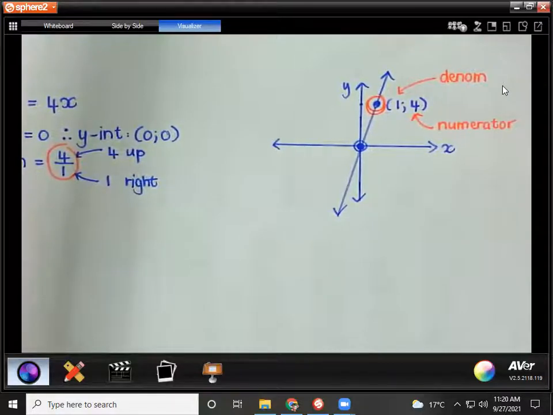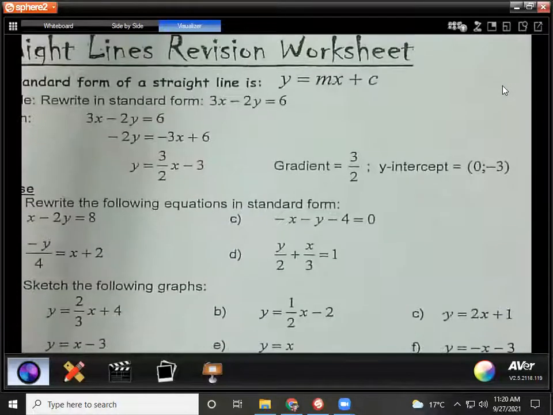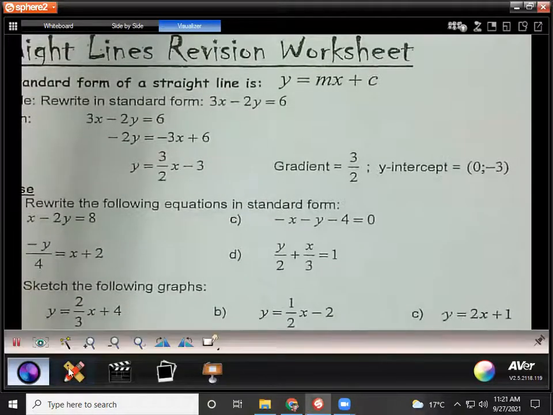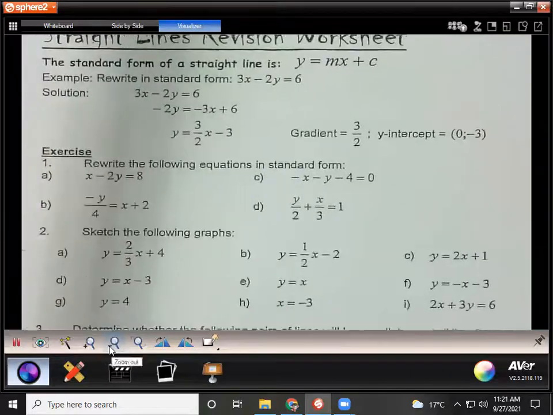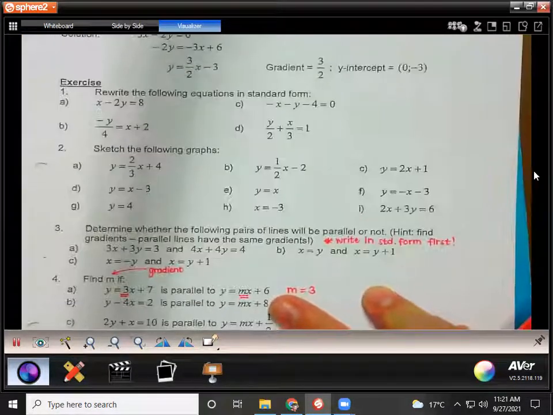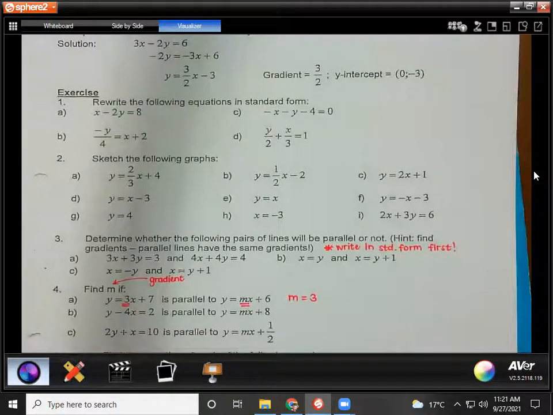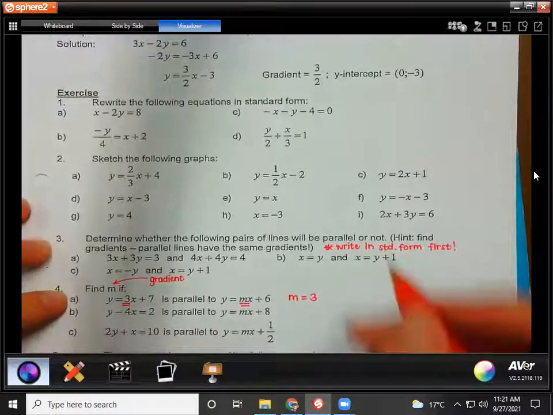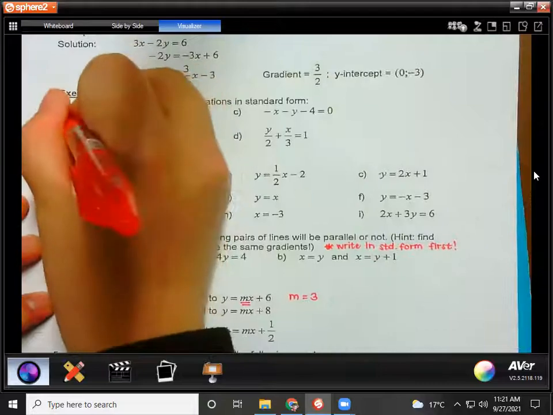Okay, I'm going to give you some graphs to draw now on your own. It's like a worksheet, but I'm going to put it on the board. Now this does say straight lines revision worksheet. You're not doing all of it. Okay, you're going to do 1, 2, and 3, but also not all of 1. Let me circle here which ones I want you to do. I want you to do 1A